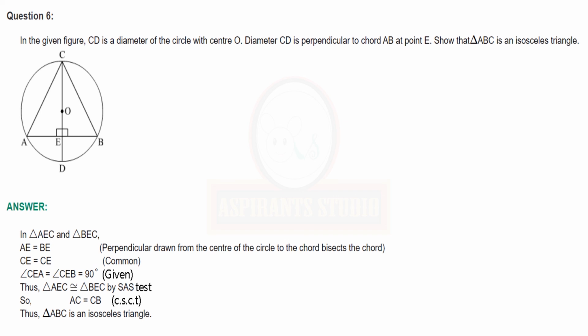So we have done the proof. First you have to write the given, then you have to write what is to be proved, then you have to write the proof. Then finally you have to write, hence we prove that triangle ABC is an isosceles triangle. It is very important to write the final statement. I suppose you would have understood this proof. So we are completing problem set 6.